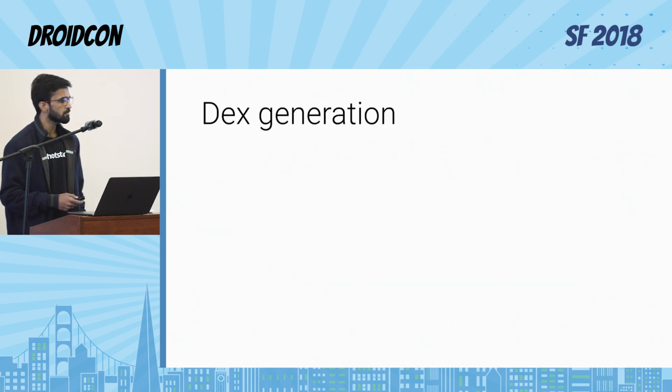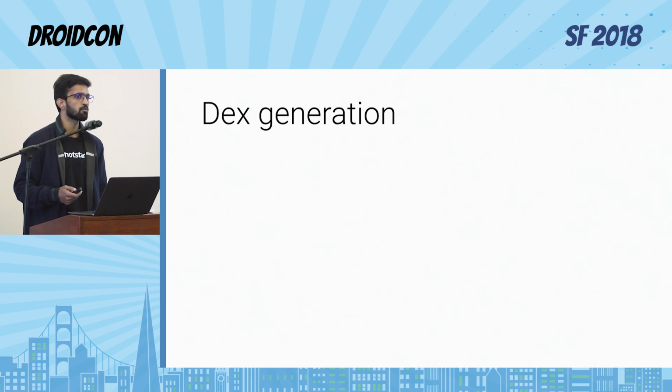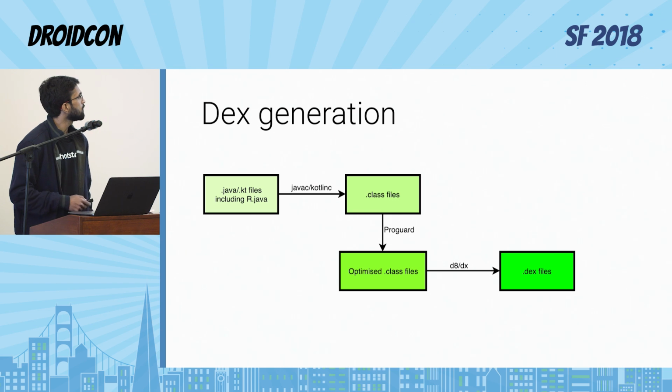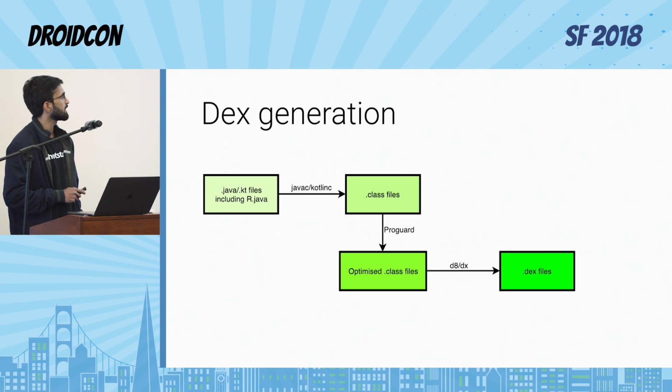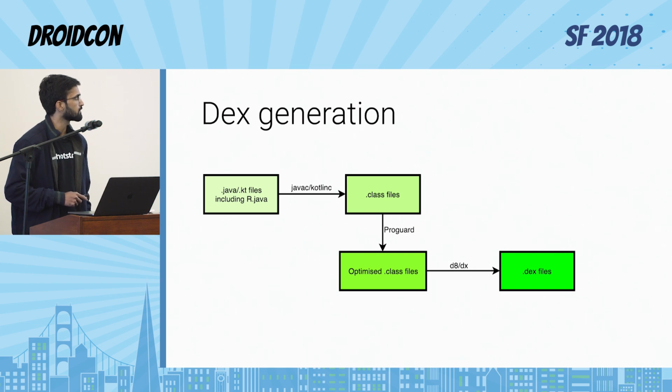Now, we mostly write Java or Kotlin code that gets converted to DEX at the end of the day. So we know that we have R.java that was generated by AAPT2, and there are other Java files that we have written ourselves. And these are, at the end of the day, taken by the Java or Kotlin compiler and converted into the bytecode that can be optionally optimized by ProGuard to give us the optimized class file. But at the end of the day, it has to go through D8 or DX to give out the DEX files. So yeah, these are the two steps.